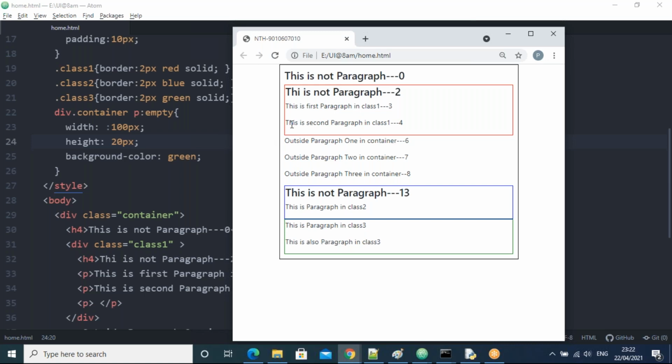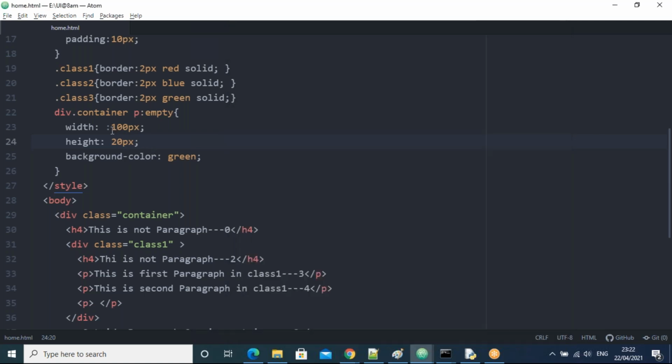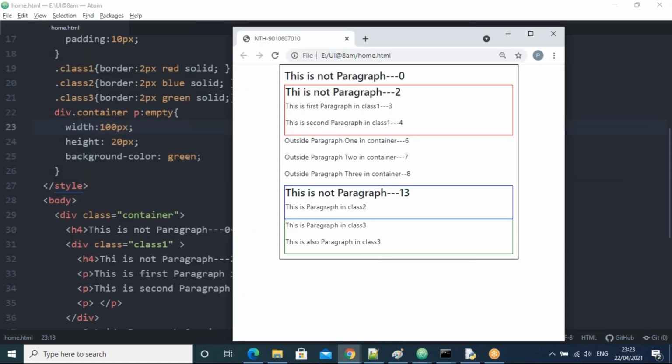Right now, all of you observe here. So an empty paragraph is there. I'm taking the empty paragraph. I think here we're taking that 2 times. Let's refresh here, guys.